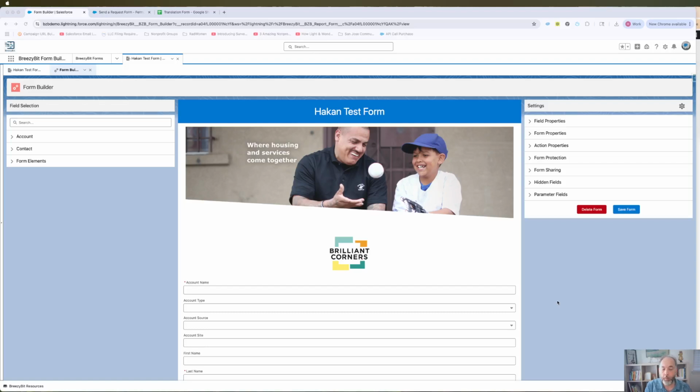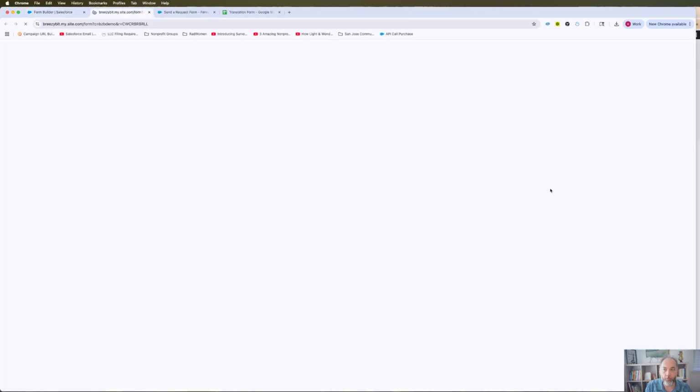Hi everyone, let me show you how easy and quick it is to add different forms in a single form page. So I have this test form that I created in my Salesforce org. I'm in BreezyBit Form Builder, and here if I go to form sharing and click on the form URL, this